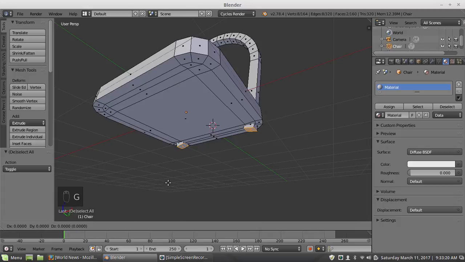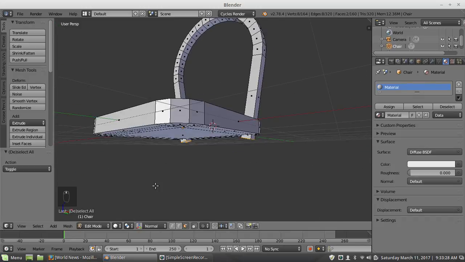So G, Z, yeah, it should be local axes. Individual origins.